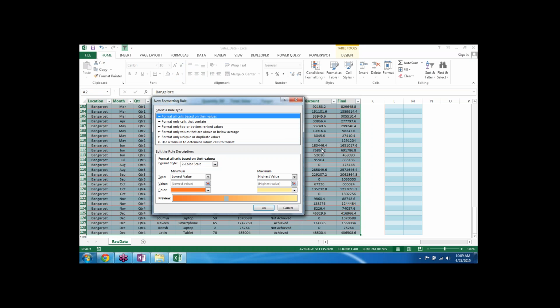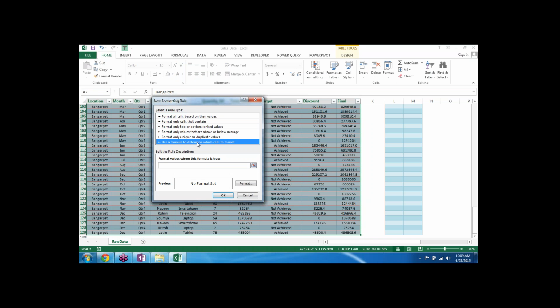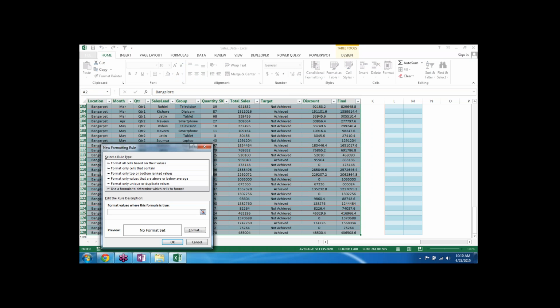Here you will use a formula instead of a particular cell or column. Whatever column A, B, C, D, E, this is E, group is E. If the E column has this particular data like laptop or whatever it is, then please highlight it. See how simple it is to do.